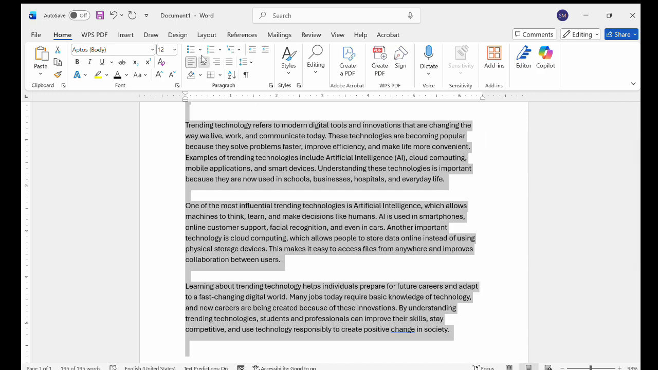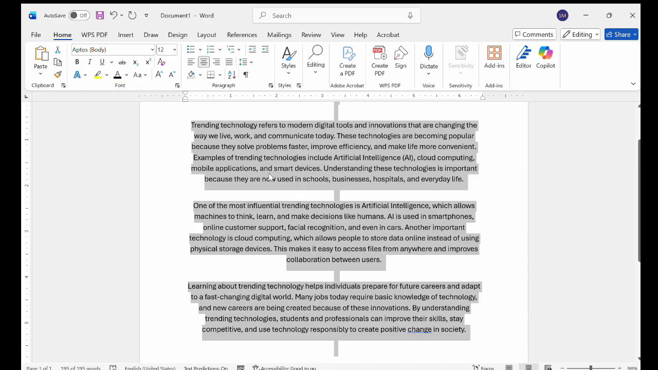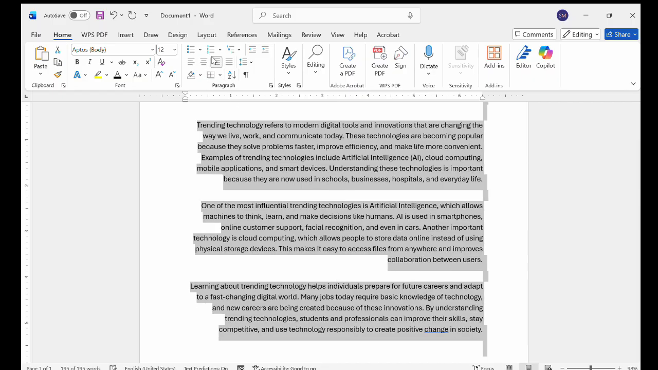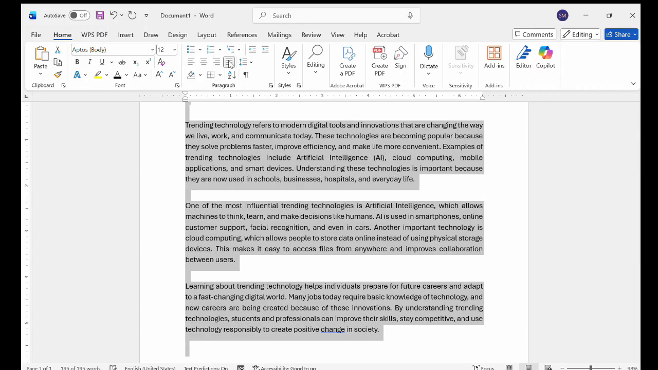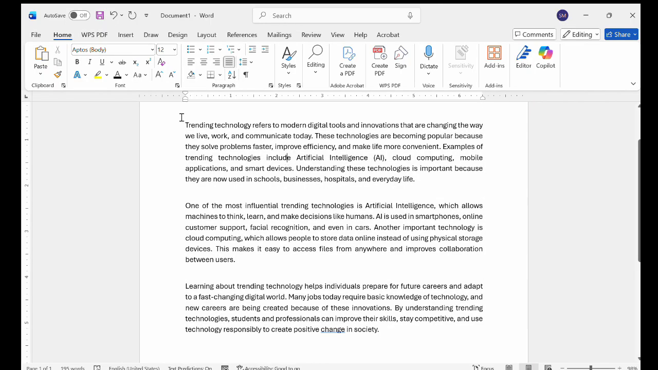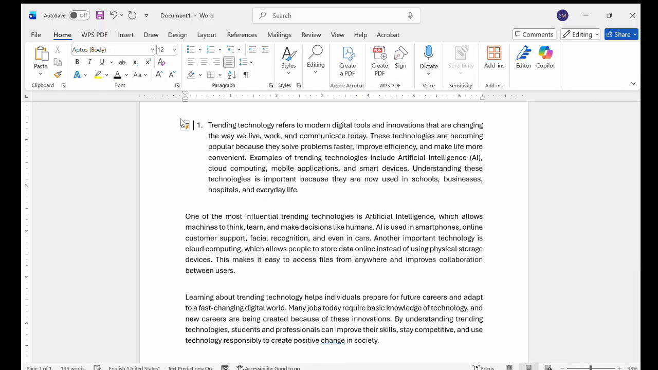If I click here, it is aligning center, and if I click here, it is aligning right. And this is for justifying. And if I wanted to put a number here, for example, number 1, number 2, number 3,